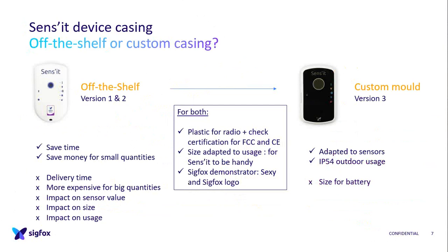So be careful of that, because we did it, and we found it very handy because people will hold it, and sexy for the logo and the customization, as I say. So both of those were good. But the big and bad thing we met when we did our mold was the battery, because as I say,